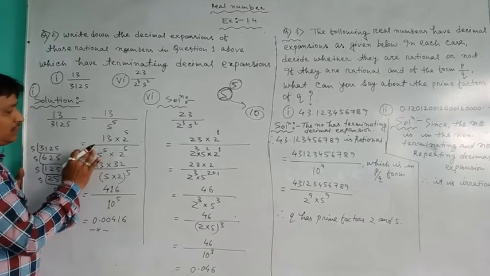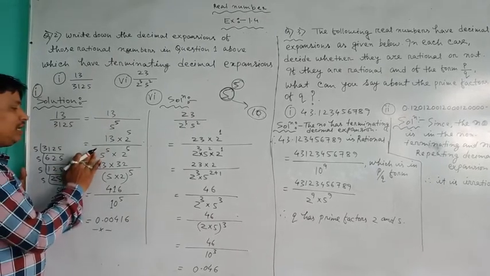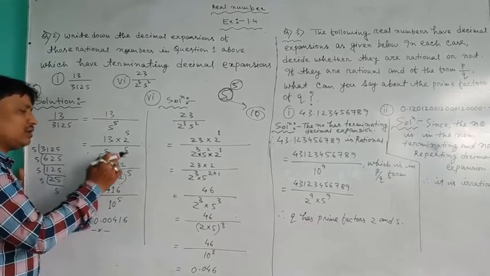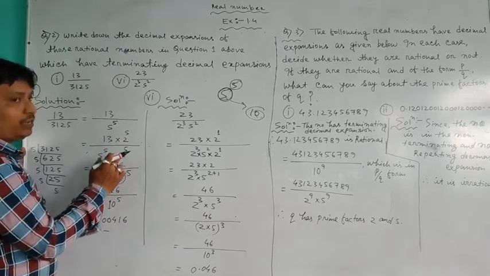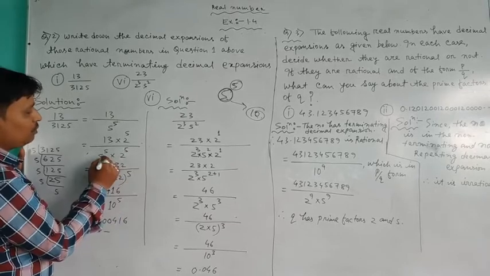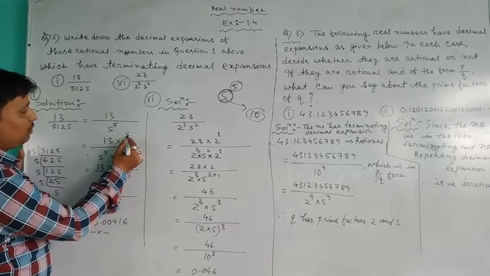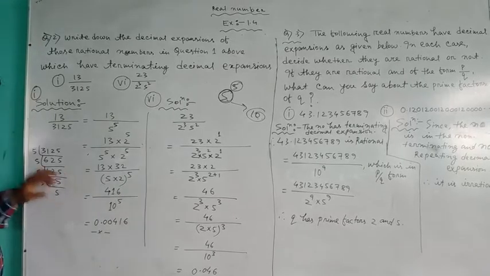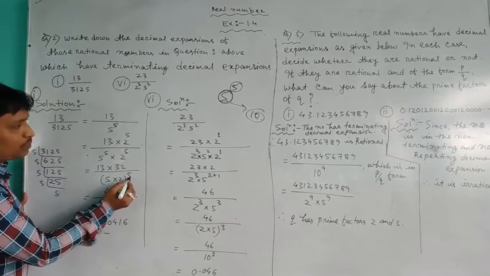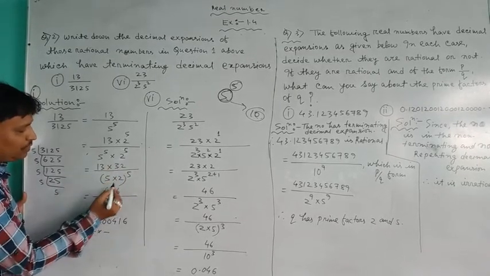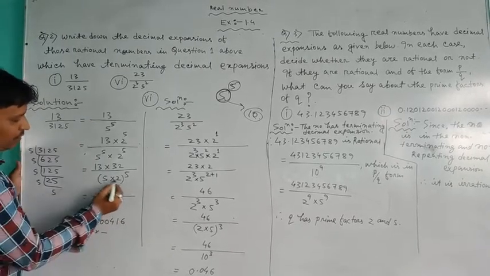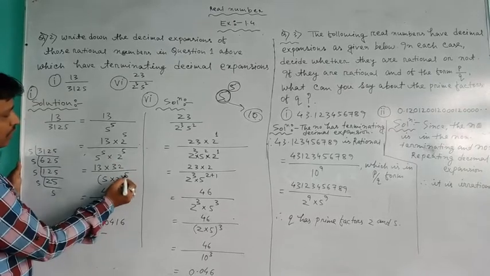We have to maintain balance between the first line and the second line. So whatever number you multiply with the denominator, the same number you have to multiply with the numerator. So we are multiplying 2 to the power 5 with the denominator, and the same with the numerator. After that, see this 2 power is the common power, so keep it as the common power. Then 5 into 2, 10. 10 to the power 5.